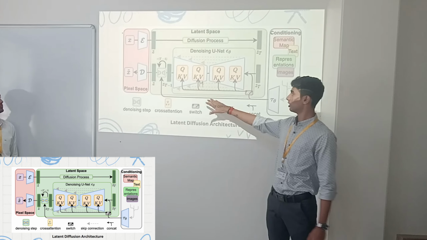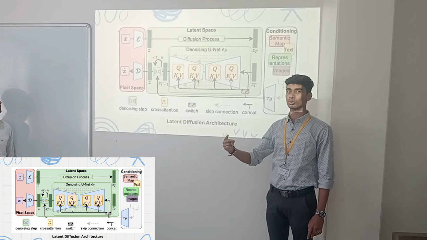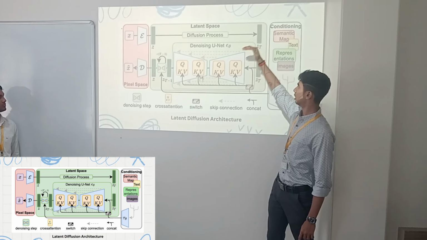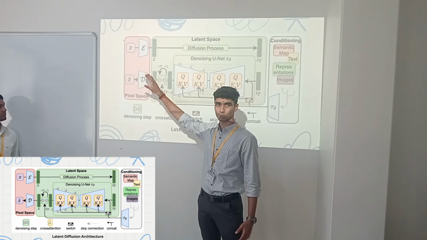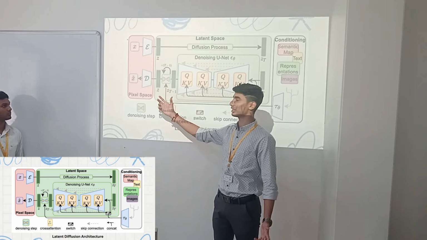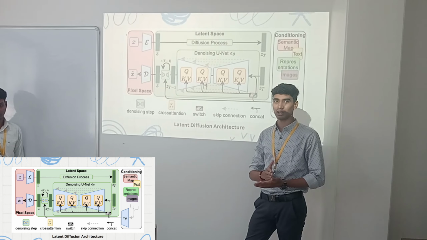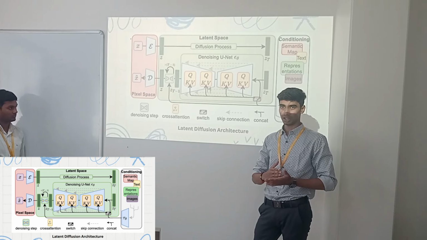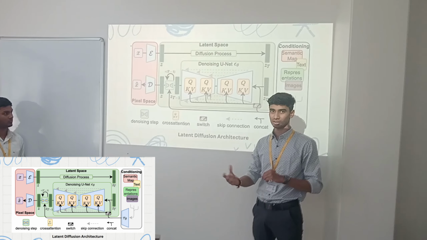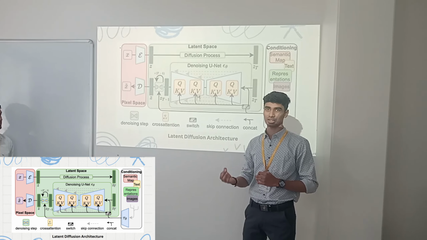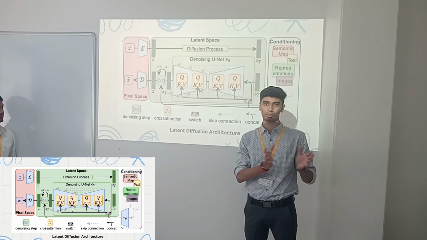So considering the diffusion block, the diffusion block is basically divided into two sections: forward process and reverse process. The above you can see is the forward process, and this one is the reverse process. In the forward process, let's assume that Z is the input and it is an image. Let us assume in our case it's an image. Then in the forward process, what we basically do is we iteratively add Gaussian distribution noise, and we generate a timestamp and noisy image. The beautiful property of the Gaussian distribution is, if we know the timestamp, we could predict the exact amount of the noise that has been added to a real data.